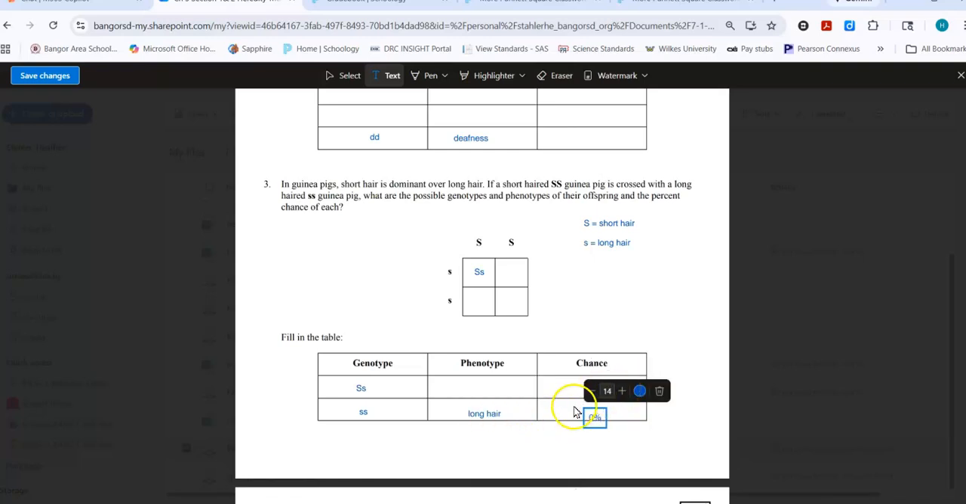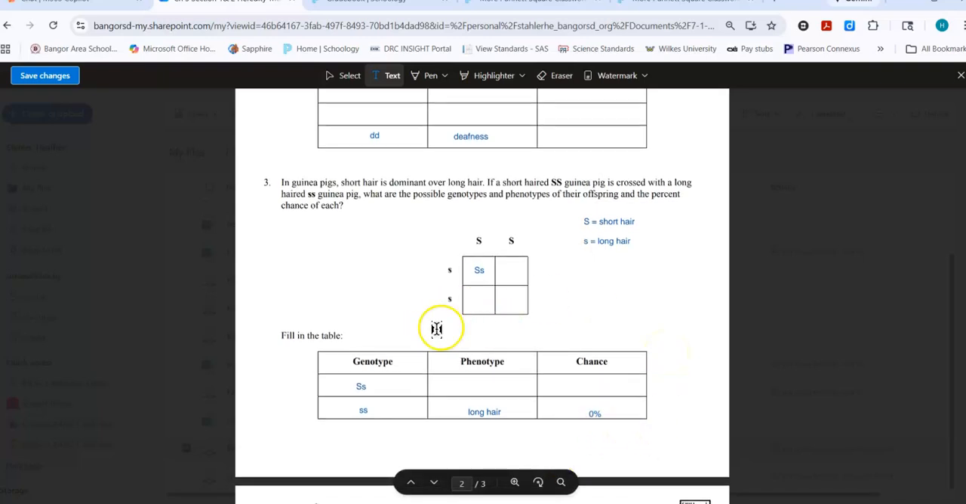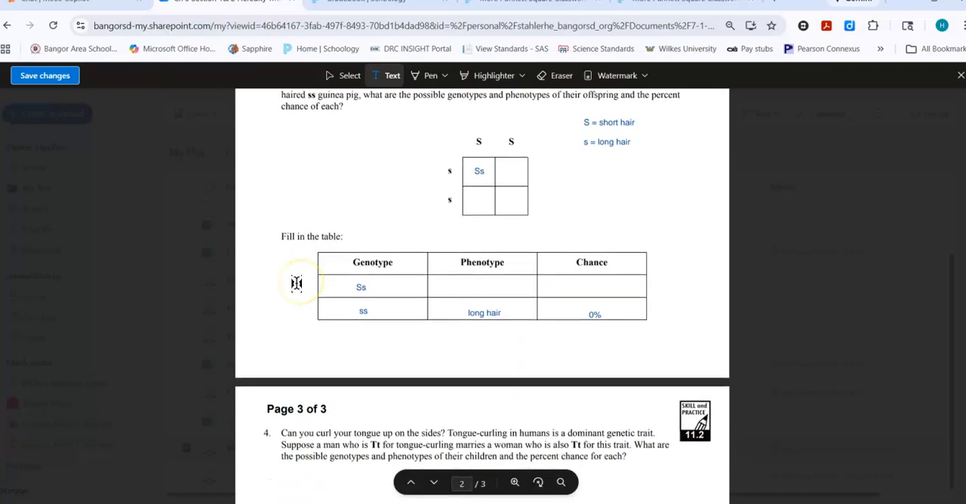0%. Oh, this fits in there. All right, that one's kind of tricky because everyone's like, what do I put in the second column? Well, there you go, second row, there you go. And then the